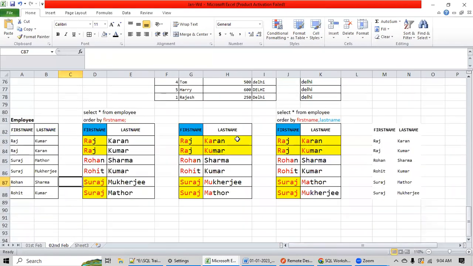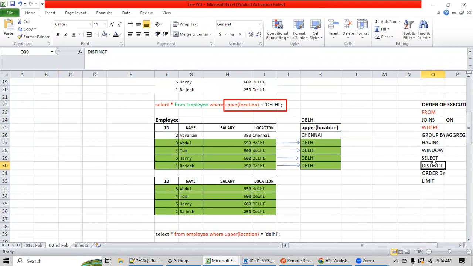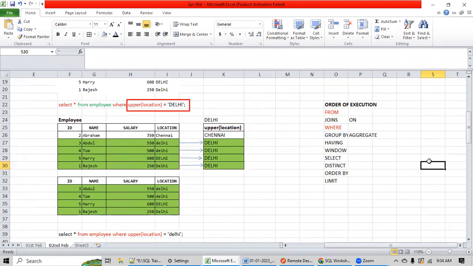And then at the last, you should do the sorting of it. That is why in this order of execution, if you see, first of all, we are selecting what all you want. And then at the last, the sorting will happen, that what all things you want to sort, in which manner you want to sort. That is why first you should select what you want, pick all the things what you want, and then at the last sort it. That is why order by comes after select.